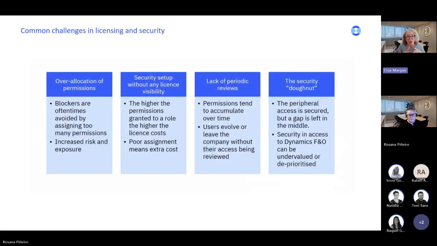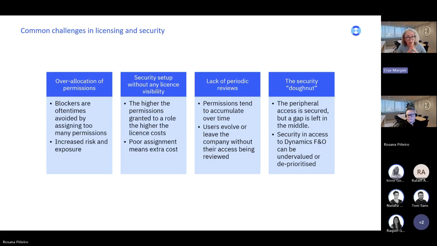Now, Rosana and I have been conducting some of these license reviews for our customers as part of a service provided by Crosspoint 365. And from these reviews and also from our experience, we have identified some common challenges, not only in licensing, but also in security.